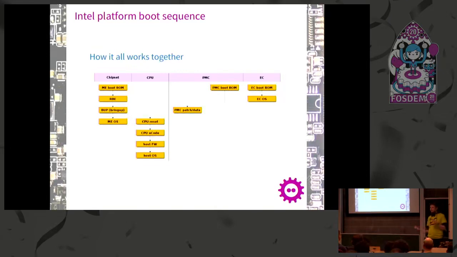And it's quite common that you then load another image into RAM, which comes from somewhere else, to then keep running and do more things than really just the boot part. That's called RBE here. So RBE is the first phase, which is just after boot up. It's like ROM boot extension or something like that. Then there is BUP, the bring up phase, which is supposed to launch the entire platform.